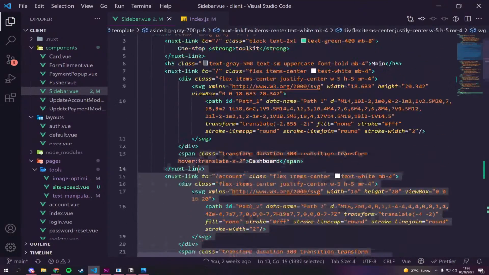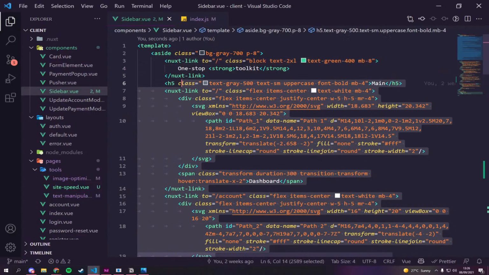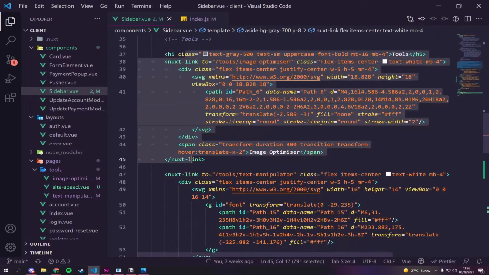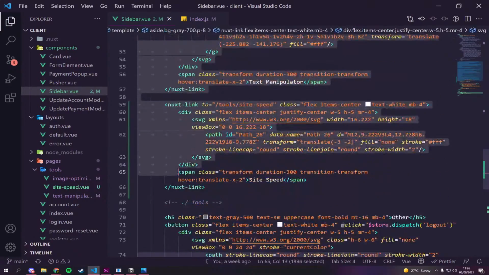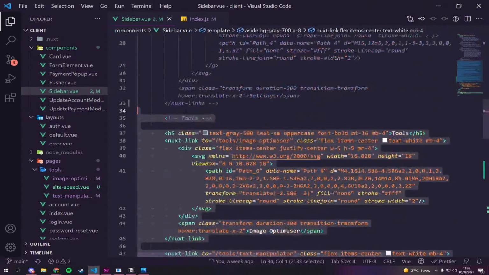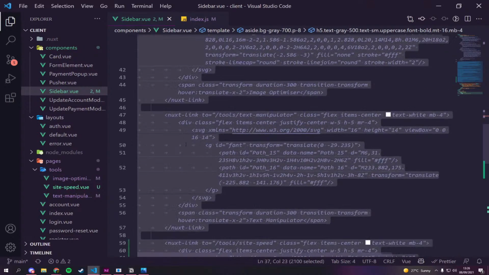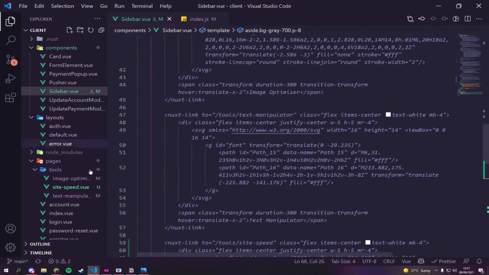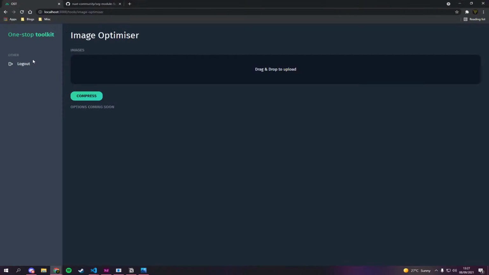Let's just go up here and comment out this section first, then comment this out. Got it. How did I miss that? There we go. That looks about right. Cool. So now if we go back to this, it should be blank on the left.